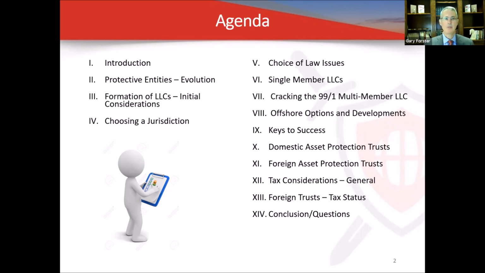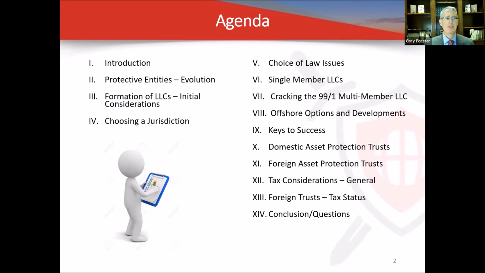Single member LLCs, we all know that that's become kind of an avoidance issue. Different jurisdictions have actually addressed the court problems associated with single member LLCs. Others have not addressed it. Others have caved, like Florida. So for Florida, for instance, you want to avoid the single member LLC. We'll get into that. Offshore options and developments,